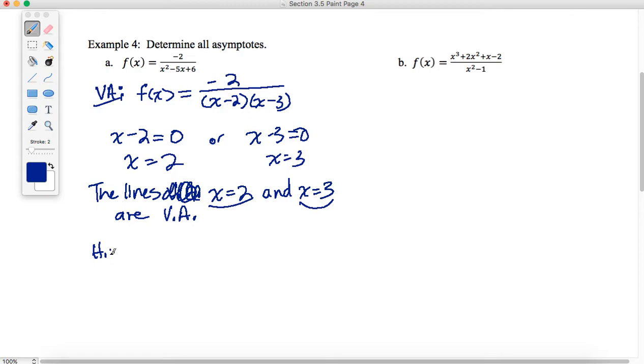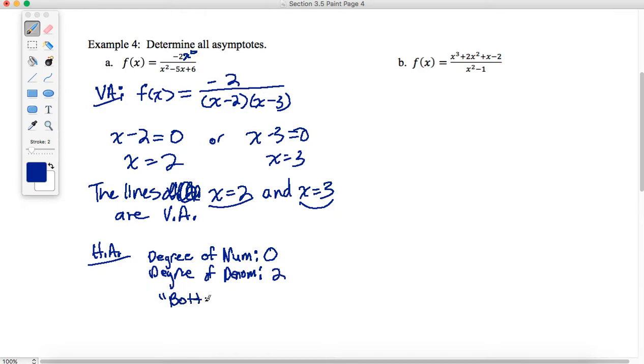Let's find the horizontal asymptote, if there is one. Remember, we're thinking about end behavior here, and basically we have to look at the degree of the numerator and the degree of the denominator. You don't necessarily have to write all of this down, but the degree of my numerator, which I'm going to abbreviate with NUM, is 0 because that's a constant function. You can think of that as -2 times x to the 0 power. And the degree of my denominator is 2, right? So this function is bottom heavy,